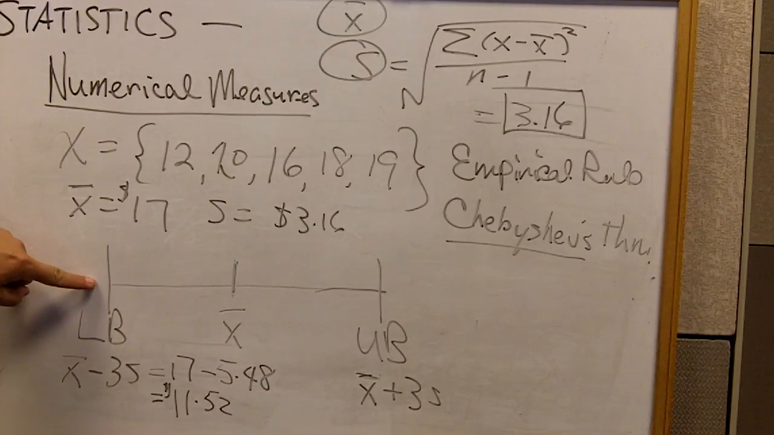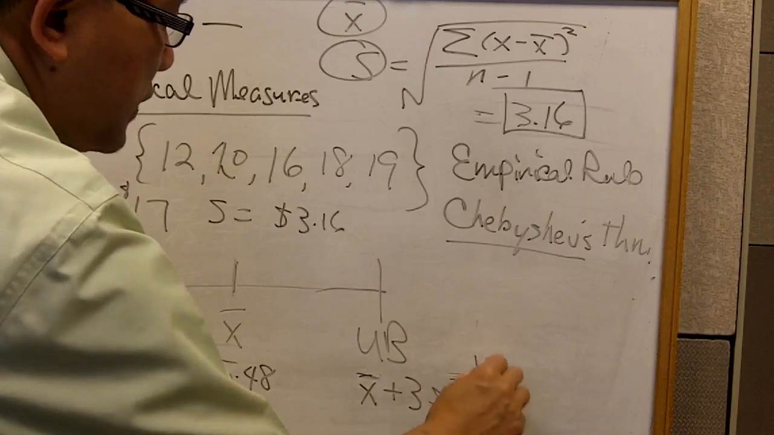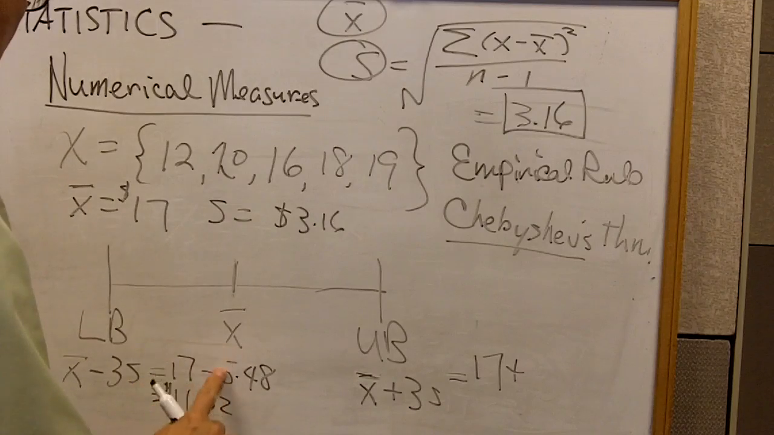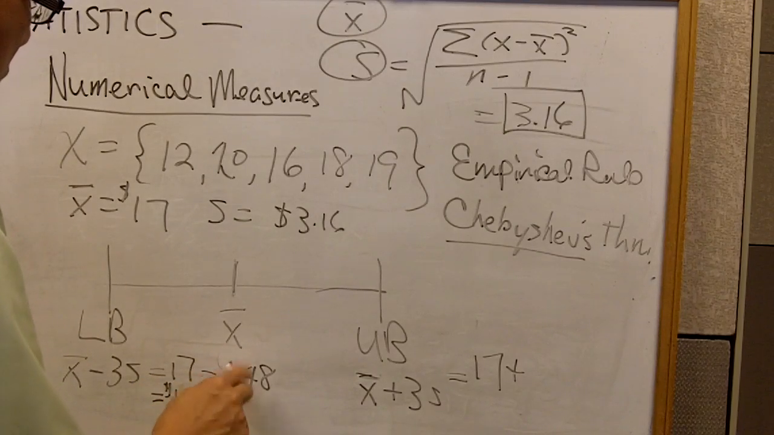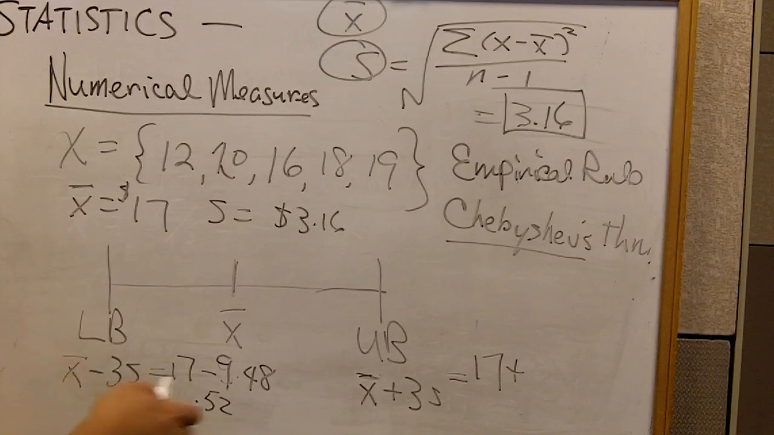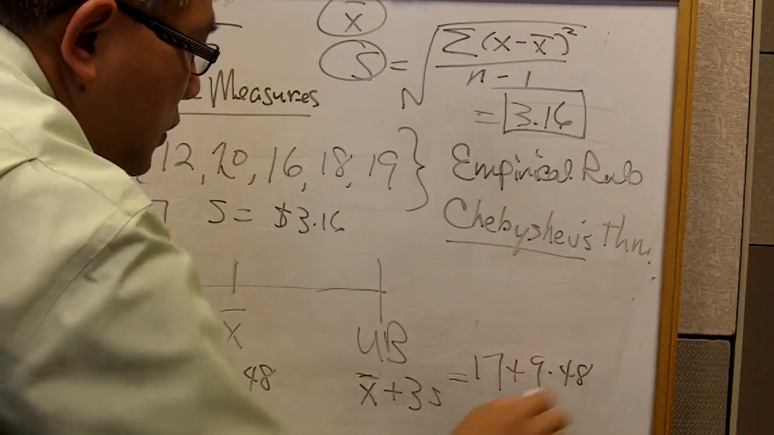So if anybody's hourly wage is below 11.52, we can say that the person's hourly wage represents an outlier if we use the empirical rule. Upper bound is going to be 17 plus 3 times 3.16. Oh, you know what? I got it wrong. It's 9.48. Sorry, I totally messed that up. So 17 minus 9.48, I believe, is 7.52, and here is 17 plus 9.48, so that gives us